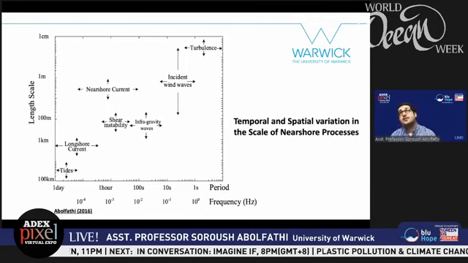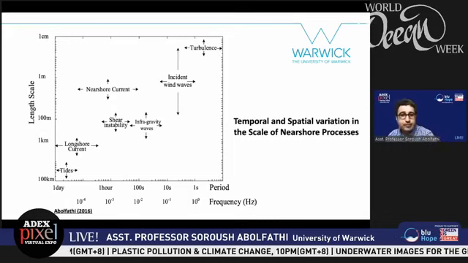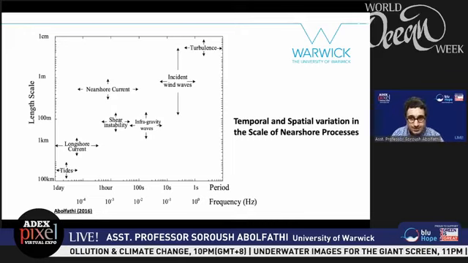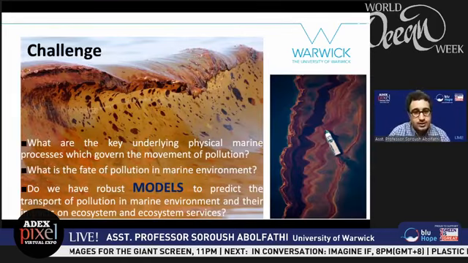So what does it mean in terms of modeling? It makes my life much more difficult to incorporate all these changes into a single model and then run them at the same time. So I think now we know that the pollution exists, we know that it's a problem, and we know that the area that we're trying to model is very complicated. So what are our modelings? What are the overall challenges in this area?